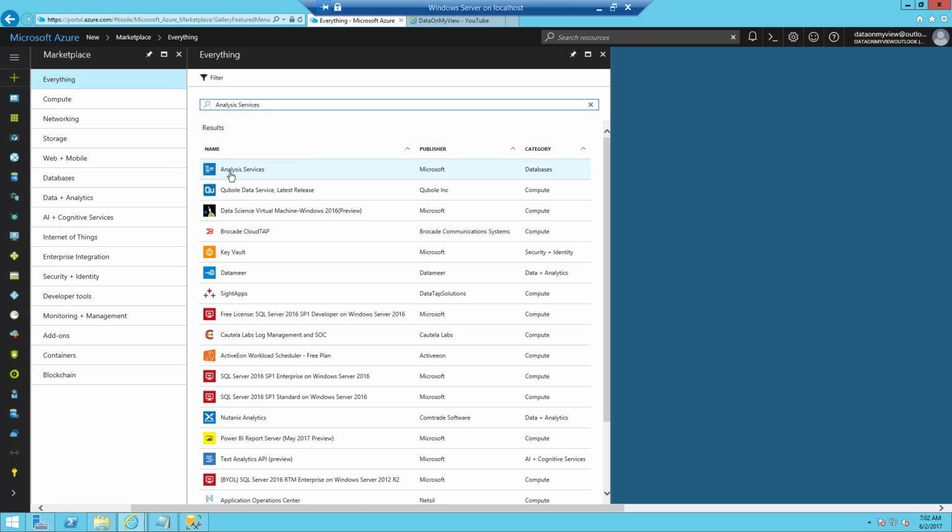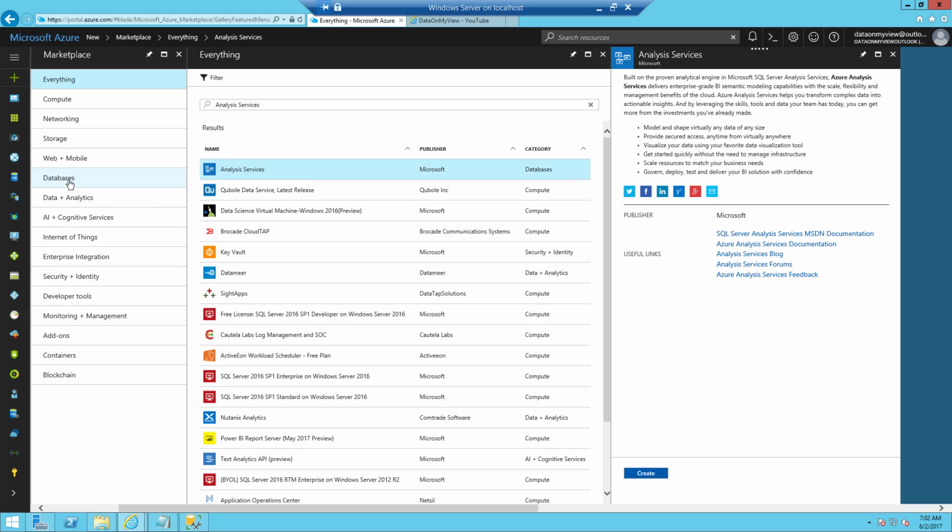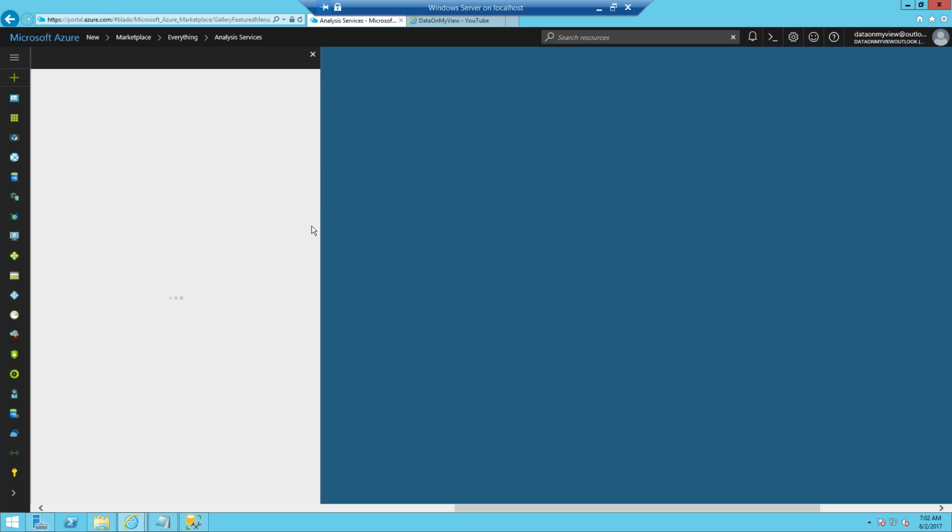This is the first option, analysis services. Click analysis services. It is under databases. If you know the exact category, then you can directly go to the databases category and choose analysis services. On the right hand side you can see an option to create a new analysis service. Just click create, and here we need to feed the information about the service name and other details.